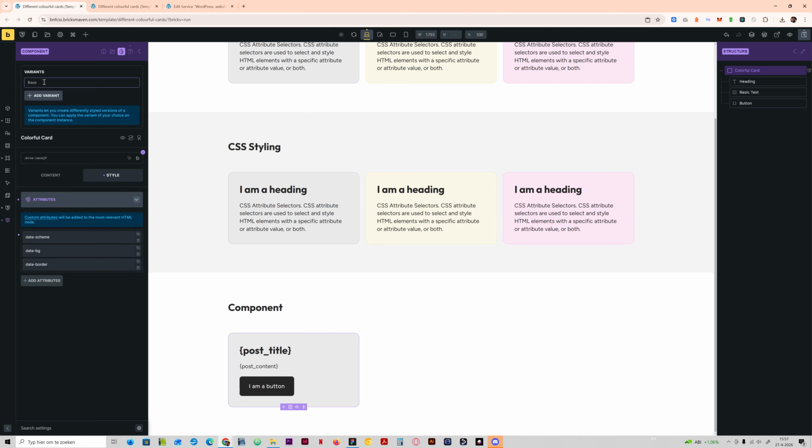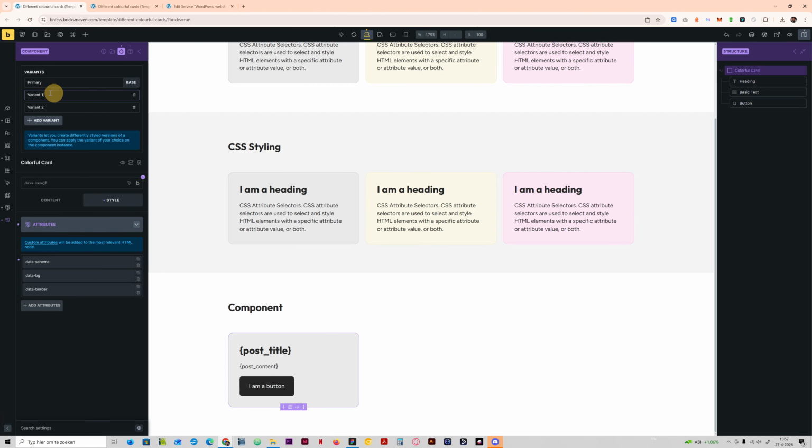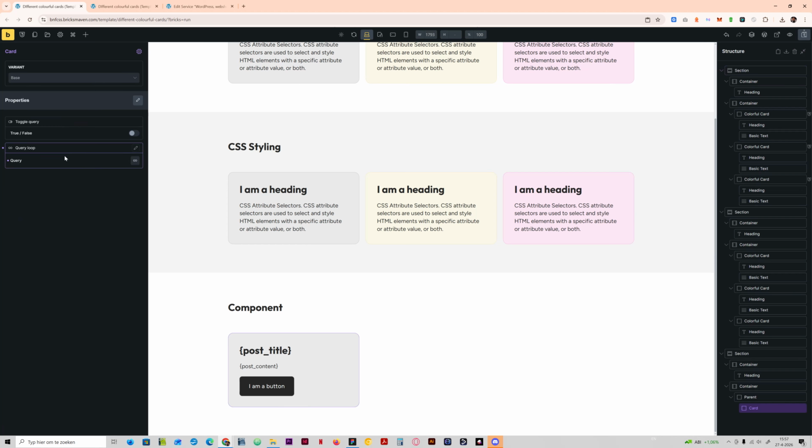So we have our base. You can give that a name. You can call this primary. I'm going to call it variant. I'm going to add two more variants. This is secondary, and our last variant is accent. So now what we can do is just go back, and then we